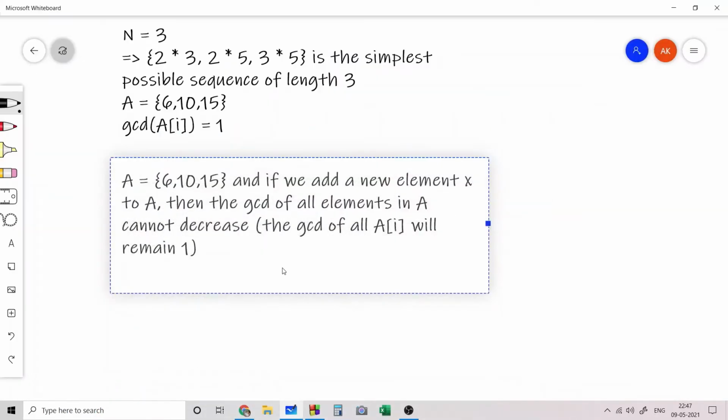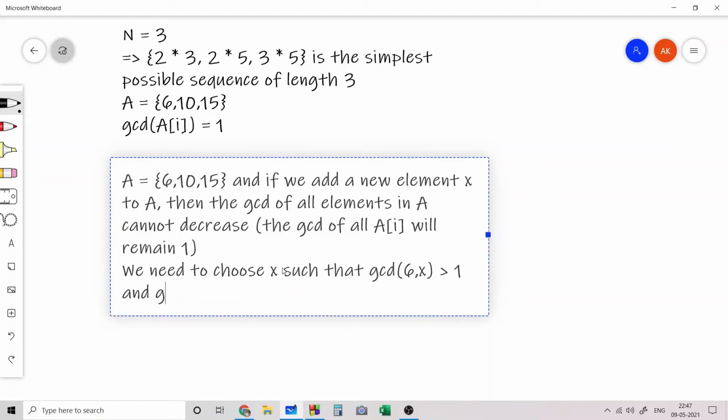That means we need to choose x such that the GCD of 6 and x is greater than 1, the GCD of 10 and x is greater than 1, and the GCD of 15 and x is greater than 1. So how would we do this?